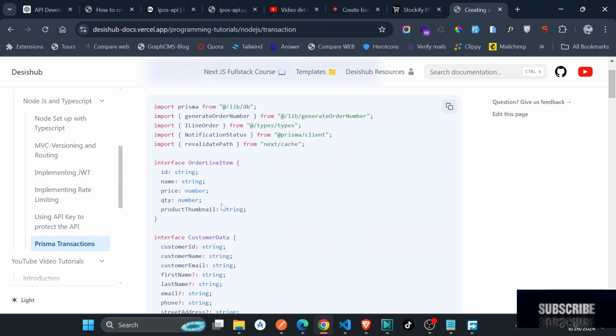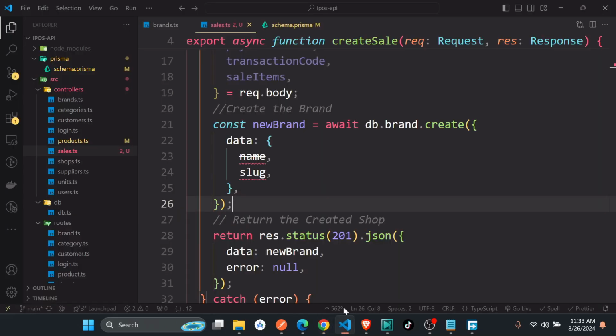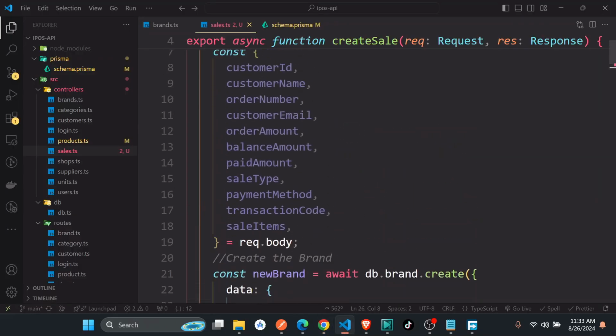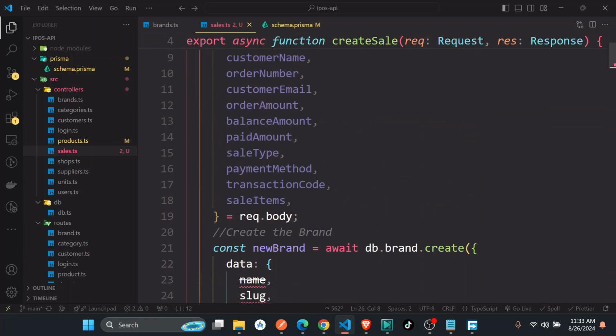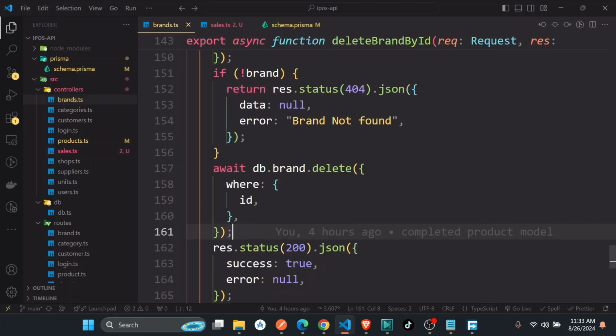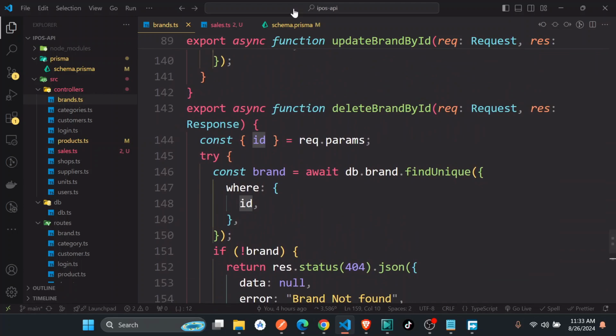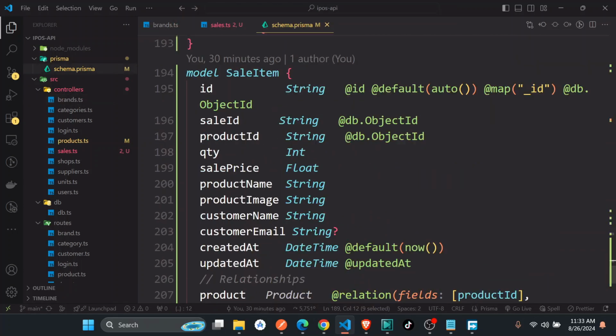Specifically, this one is for creating the order, the one we are on. So we just want to see how we are going to put it in here. So basically, if you look at the order, sorry, in the schema here,